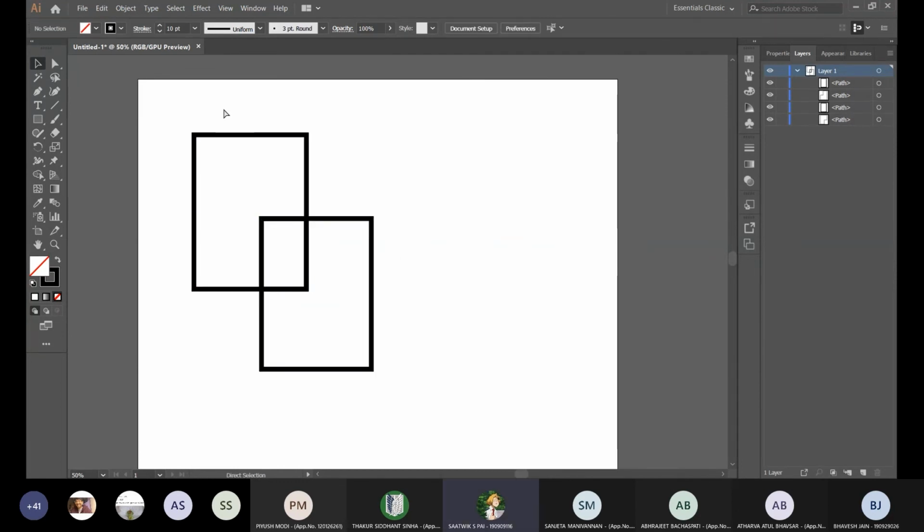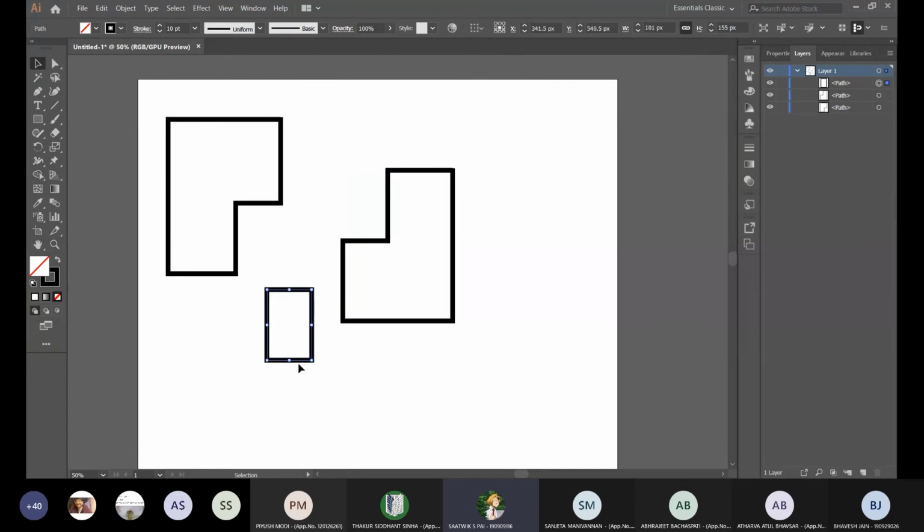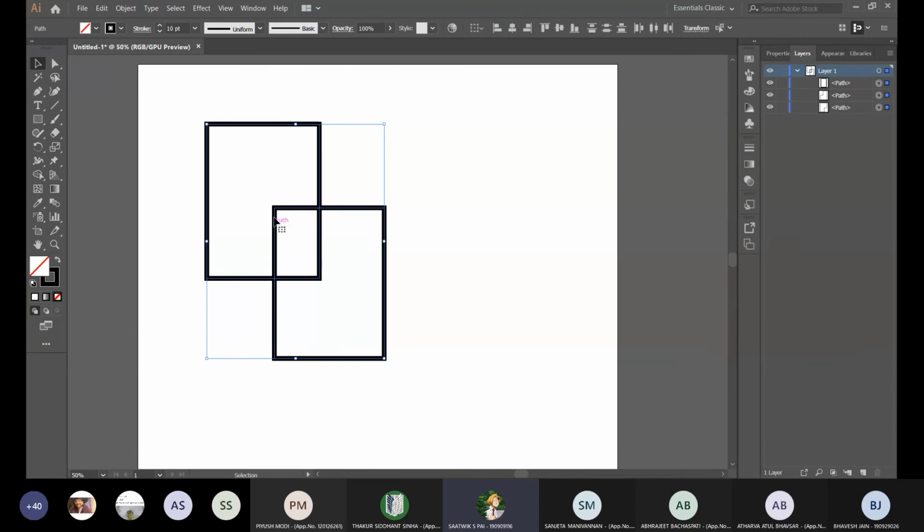What I have to do to prevent this from happening is I do 1, I do 2 and I do 3. Now there are only 3 shapes with this. 1, 2, 3. There is no fourth component. See, पहले 4 थे because I did not select this area, but अभी 3 है. That is with the shape builder. Whatever I want just this area and this area. I don't want this. What do I do? I hit Alt that time. So minus करके ये निकाल दो.